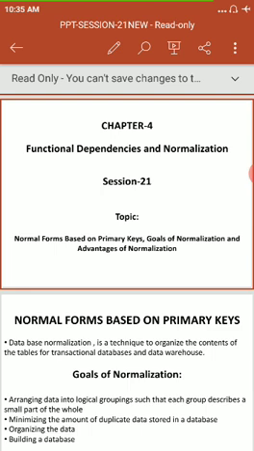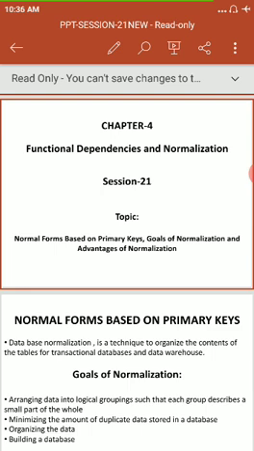So let us see the goals of normalization. First one, arrange the data into logical grouping. Logical grouping, not physical grouping. Physical grouping means that it is stored inside the computer with a unique number, that is called address.